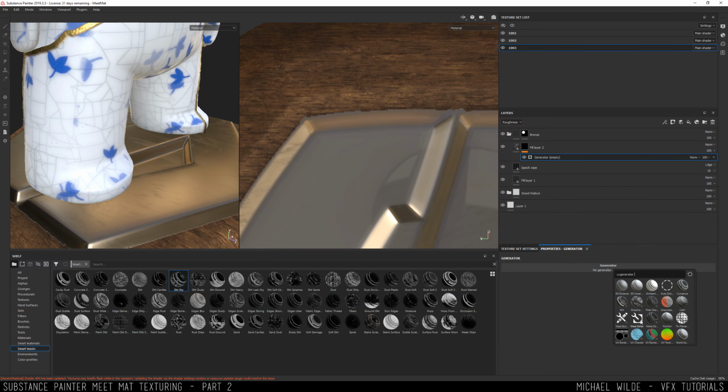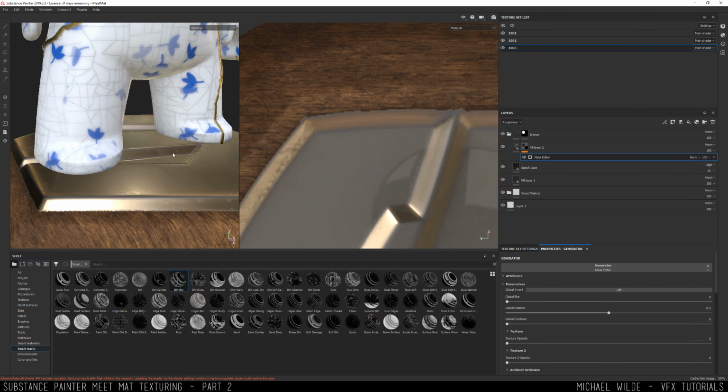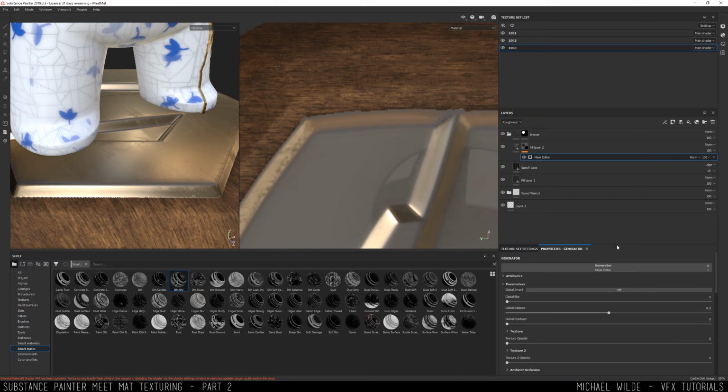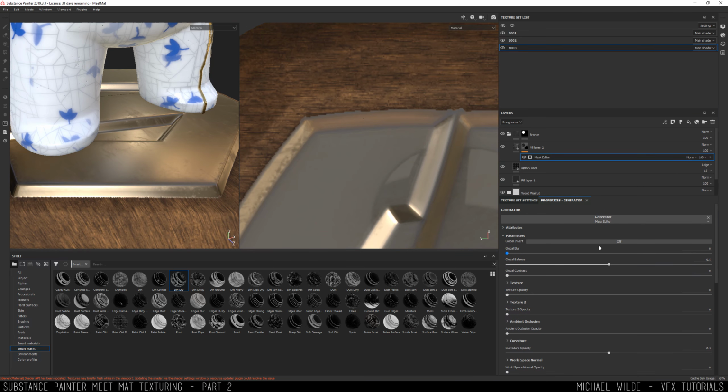On generator, I'm going to go to, so there's mask editor and there's mask builder. Legacy tells you it's the old one, mask editor is the one I use, so that's the new one. And then this is basically how a lot of these smart masks are constructed. So you get all the options. There's things that we baked at the very beginning, like ambient occlusion, curvature, and stuff like that